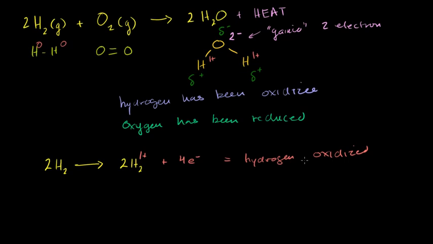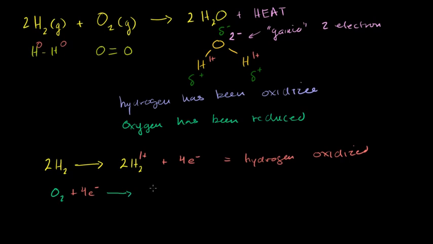OIL, oxidation is losing. And then the other half reaction, if I were to write the oxygen. So I'm starting with a mole of molecular oxygen, and I'm adding to that 4 electrons. Right? I can't make electrons out of nowhere. I'm getting the electrons from the hydrogen. I'm adding them to the oxygen. And so the half reaction on this side, I end up with